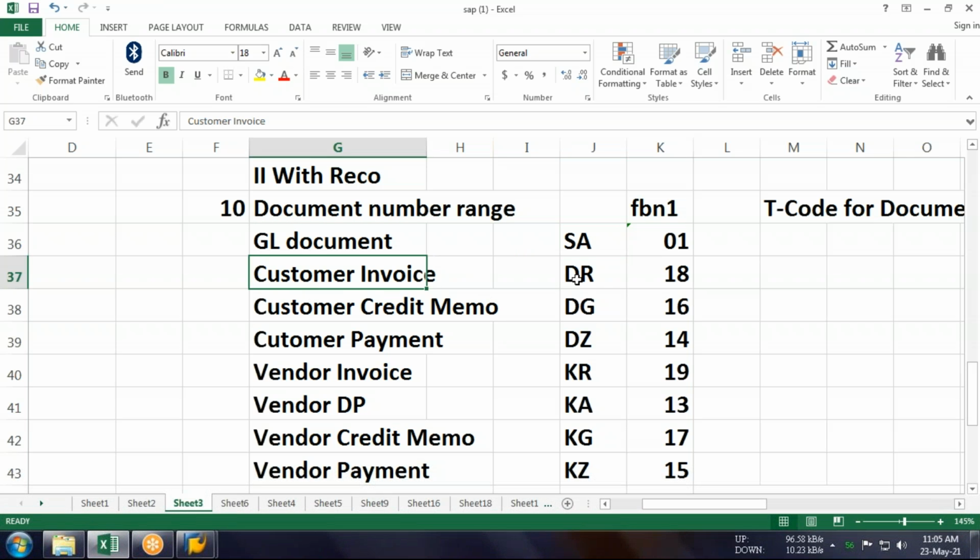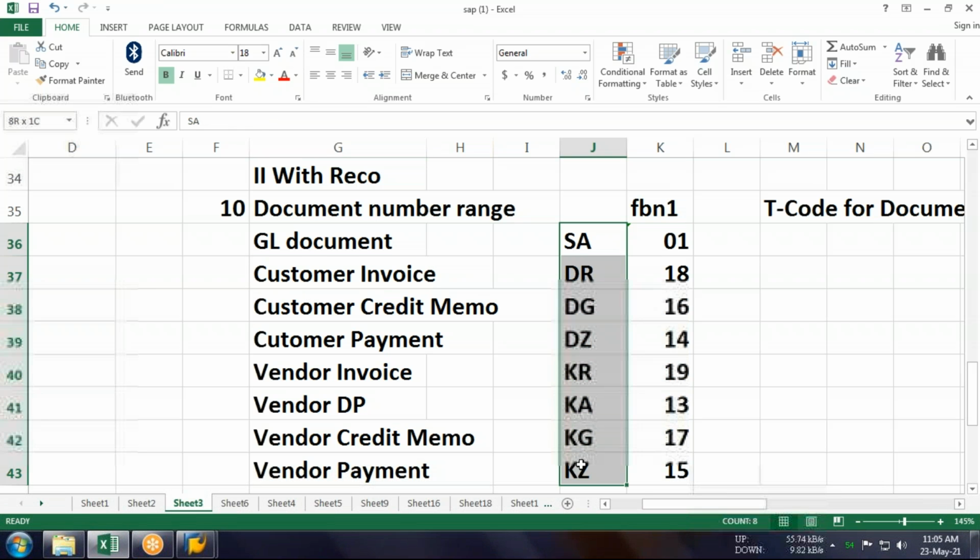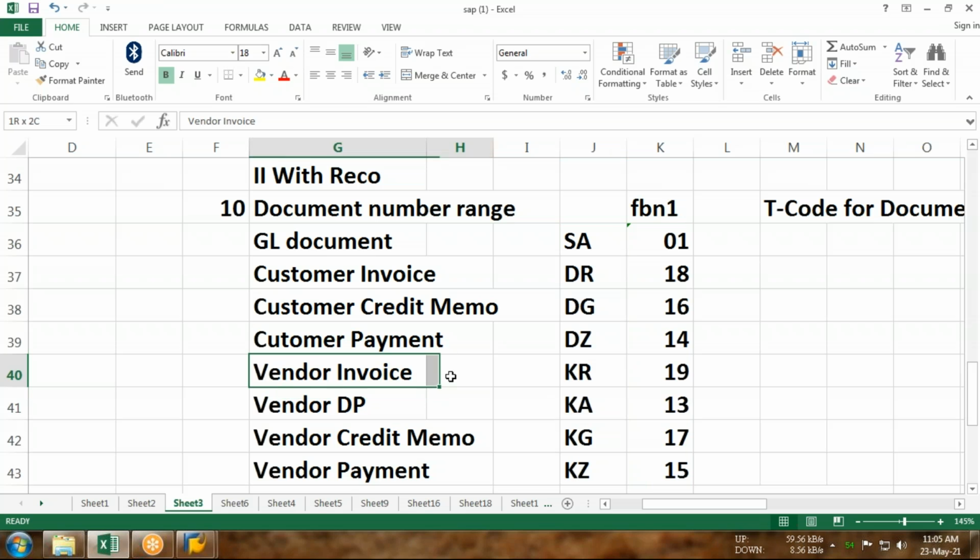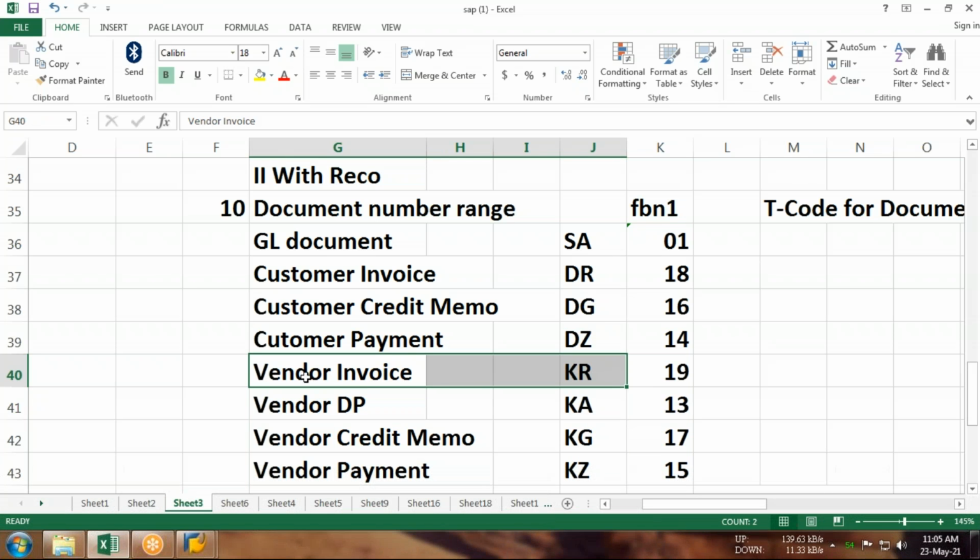Customer invoice, the document type is DR. Guys, these are all universal. Everywhere in the world this is the default. If you want to post the vendor invoice, there must be a document type KR. So right now I am going to configure these three documents. Number one is a vendor invoice, number two is a GL, and number three is a vendor payment.